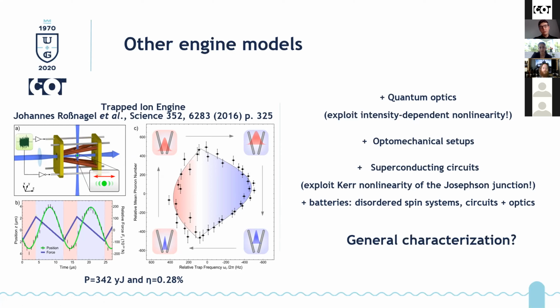Also, it is possible to ask a semi-independent question about the optimal choices of batteries. So, for example, in this engine, the whole energy that the working body was gaining through interaction with the hot and cold environment was going to the oscillations of this ion. So it was just oscillating with higher and higher frequency, and it was not giving away its energy to any external storage. It had to be cooled down in order to stay with the same energy